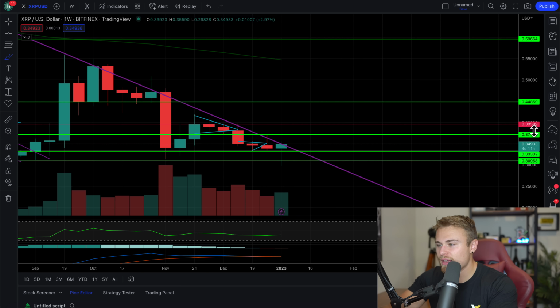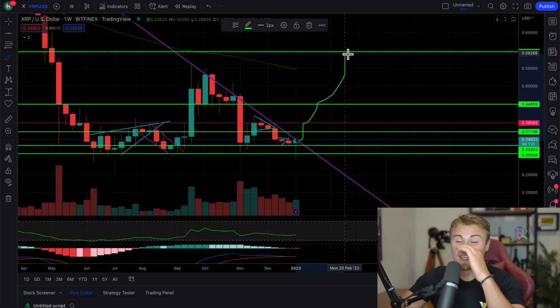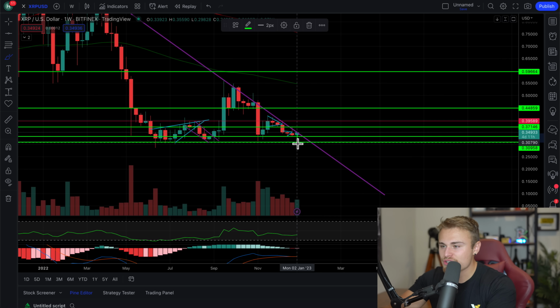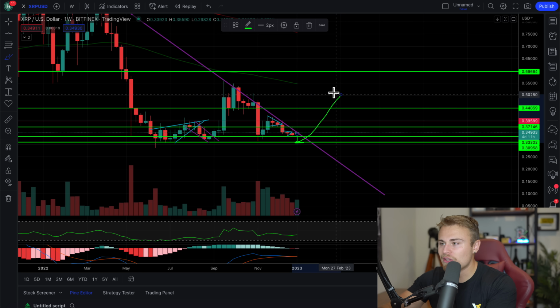We have to see, hey, are we going to break above here and close above, which could ultimately ensue a beautiful break to the upside, which at some point we are going to do? Or are we going to fall lower first and then break to the upside? And the longer we hang out here, the more reason I believe we're going to be breaking bearish. Now, we are retesting a very vital support at 30 cents here, but I have a feeling we're probably going to actually close closer to this before we see some sort of vital break to the upside,